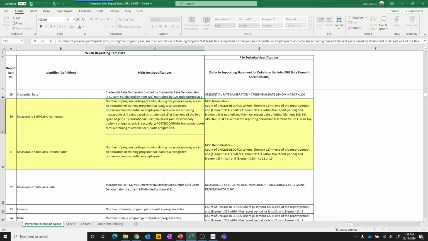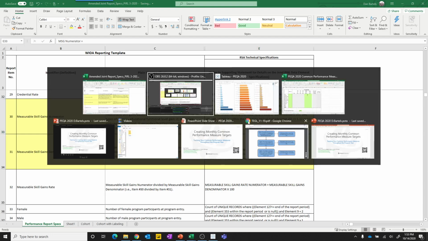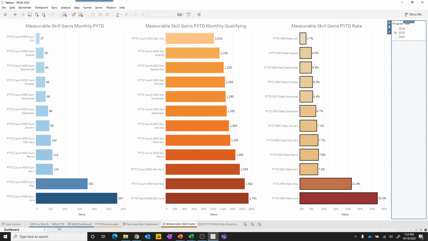It also has this second half, which is "and who are achieving measurable skill gains based on attainment of at least one of the 5 types of gains." It goes on to list those 5 different types of ways that a participant can earn a measurable skill gain. This field right here is the technical spec, and this is what allows us to create those measures in Tableau. So I'll hop back over to Tableau